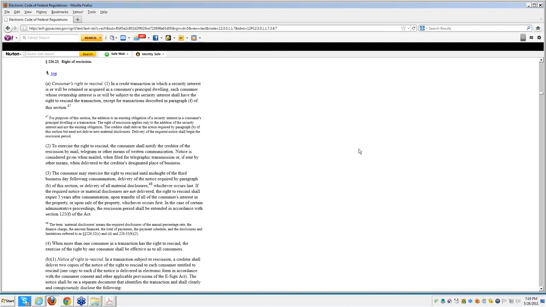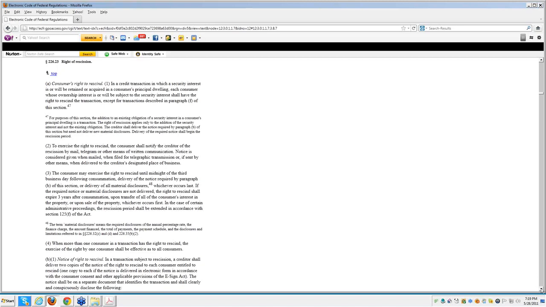Rights of rescission. 226.23. Right of rescission. A consumer's right to rescind in a credit transaction in which a security interest is or